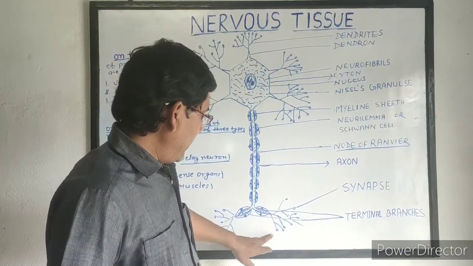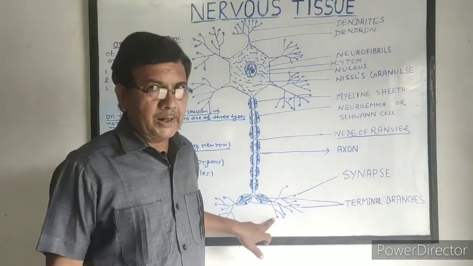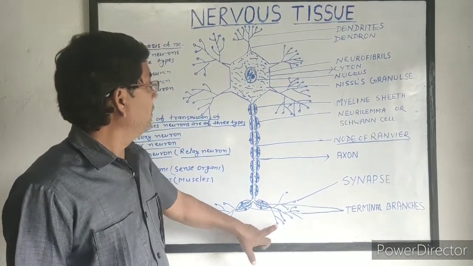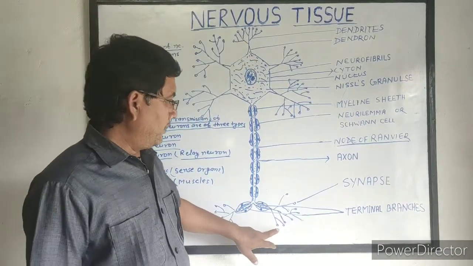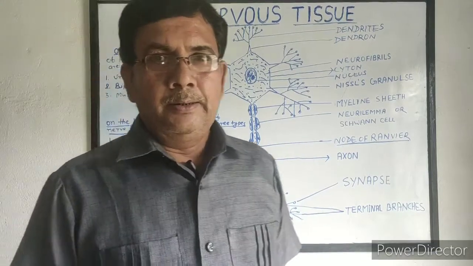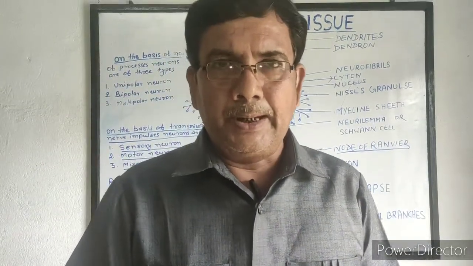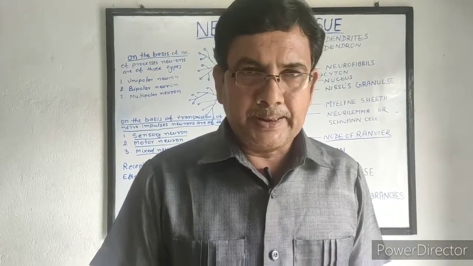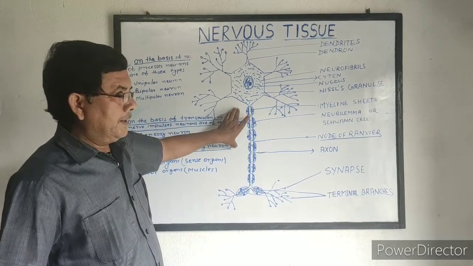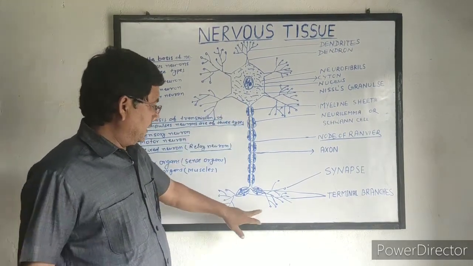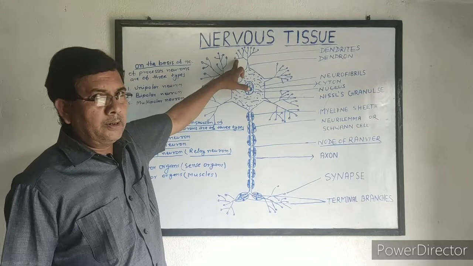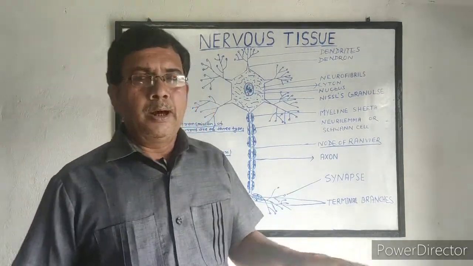That means here at the synaptic knob, the chemical impulses are transmitted from one synapse to the other, that is, from the terminal branches of the axon to the dendrites of the other neuron. When the dendrites of the other neuron receive this chemical, it again changes into electrical impulses and the process goes on. If the neurons are intermediary neurons, then the terminal branches of one neuron are attached with the dendrites of the other neuron, and nerve impulses go from one neuron to the other.